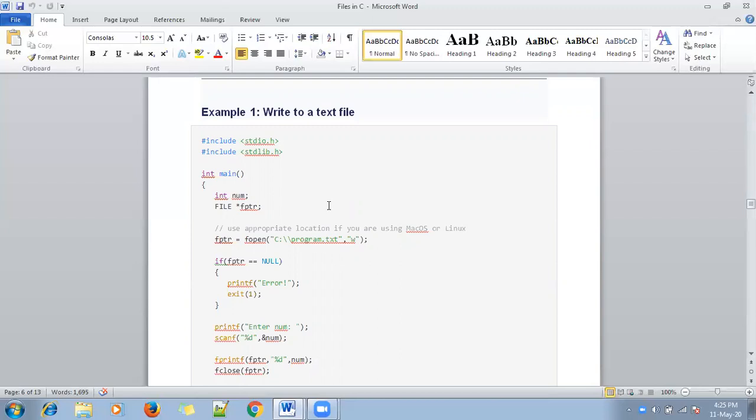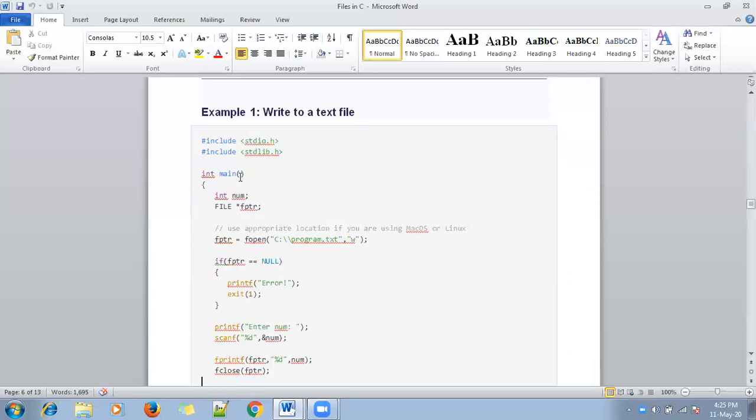If you want to display some data on the screen, you can use printf. Like that, if you want to write some data into the file, we use fprintf. That is the basic difference between normal printf and fprintf. Normal printf is used to display the data on the screen, and fprintf is used to write the data in the file.